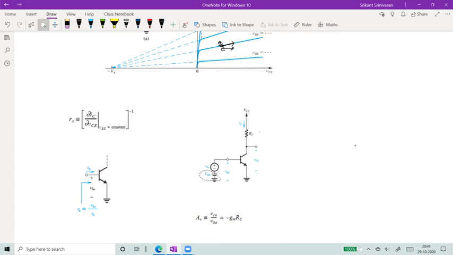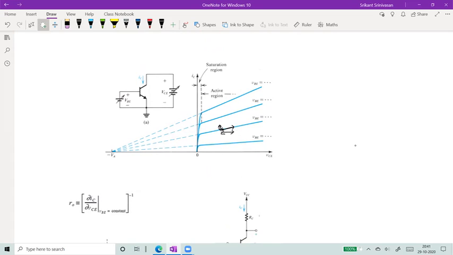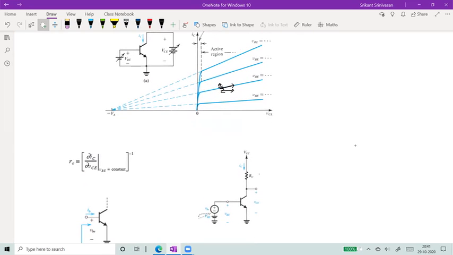The capital VBE was the one responsible for biasing the transistor, right? For example, when I say that I'm doing a measurement over here, why am I in this region in the first place? Because I have some DC voltages: a capital VBE and some VCC, which is causing me to be around here. Now at this point, I'm wiggling the input voltage slightly, making a small AC signal, and then seeing how it is amplifying.